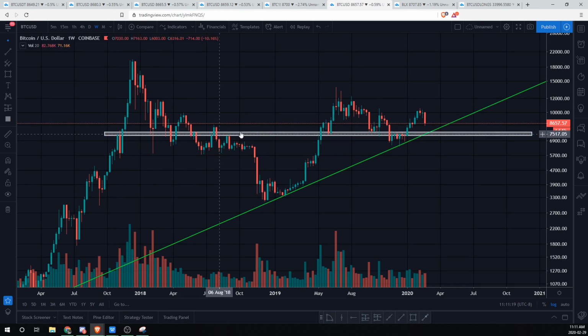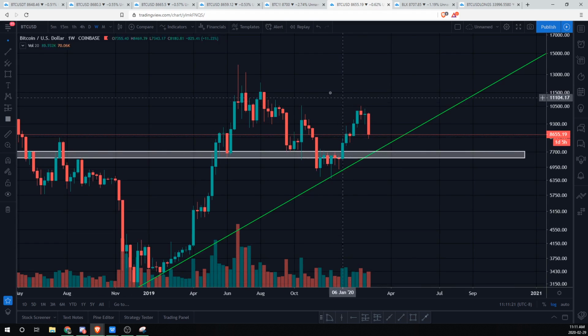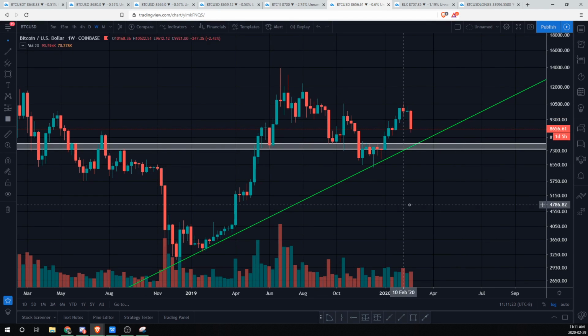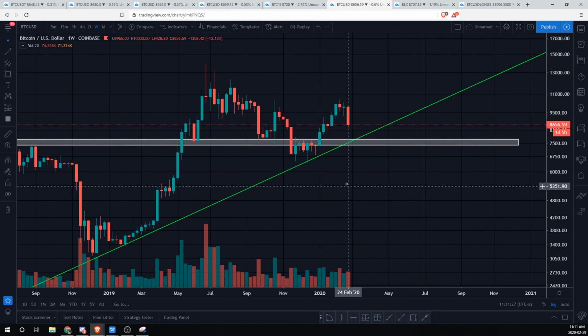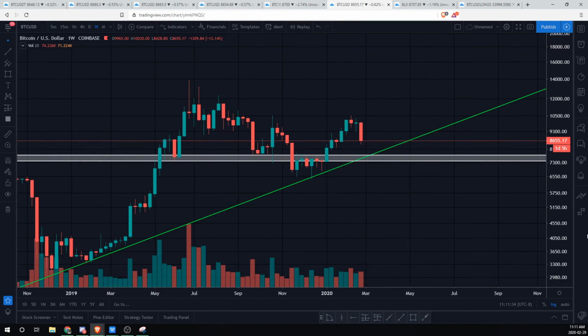But the reason I'm looking at this zone of confluence is because of 2019. It respected it so well. Support, and then resistance, and then it's probably potentially going to be a new level of support where we have